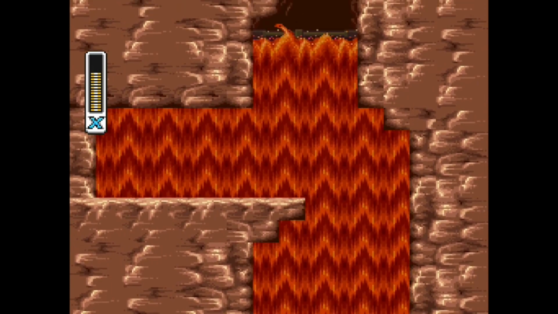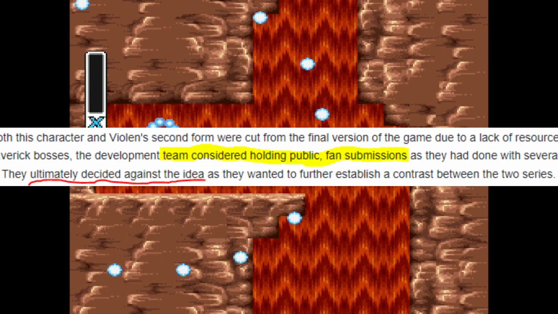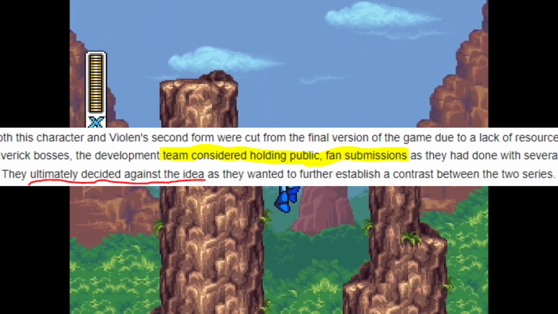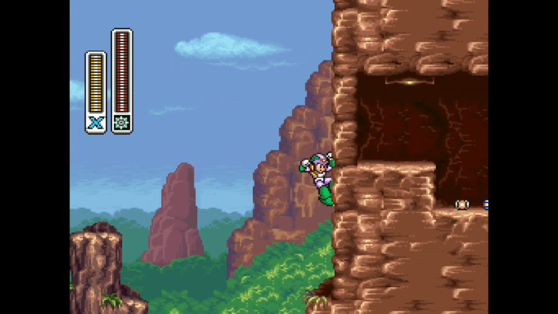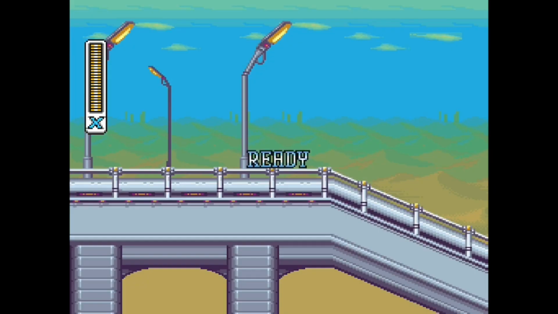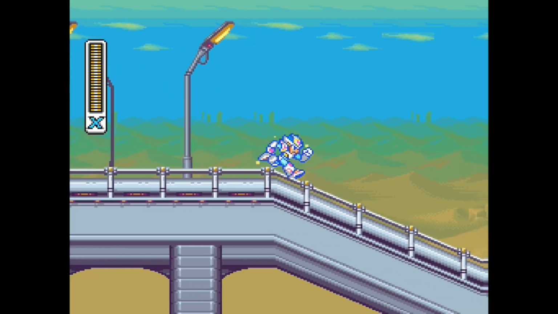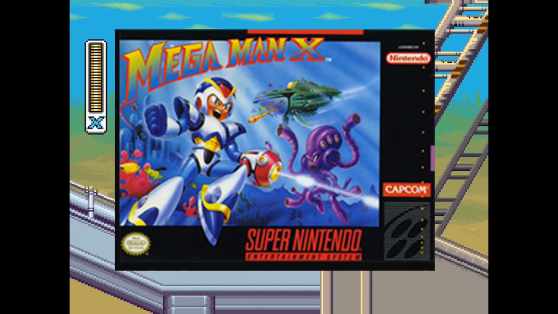A fan art contest was considered for the designs of the Maverick robots, like how the classic series games had fans submit Robot Master designs, but ultimately they decided that they wanted the X series to be more surprising and less familiar. Being released on the Super Nintendo, X1 was a huge technological leap from the classic Mega Man series,